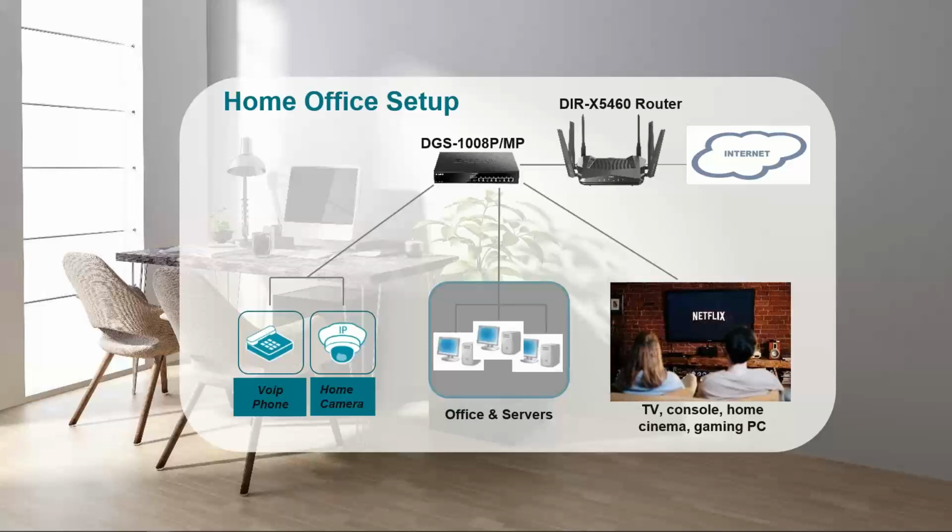I've recommended the DIR-X5460 router, which is our brand new Wi-Fi 6 router. Again, it's another model that I have experience of myself, and I highly recommend it to everyone. It is a bit of a beast. It's on the large side, but I'm sure that we all have somewhere nice that we can store it. Mine's stored behind the TV there, and connecting that up to your switch,